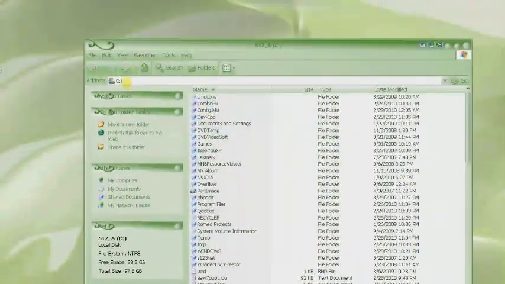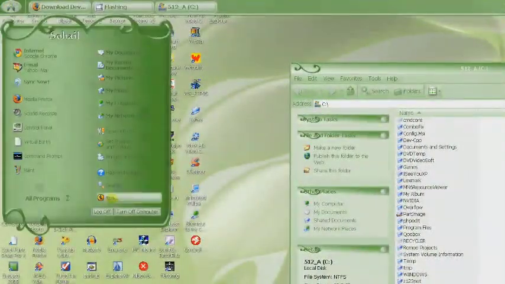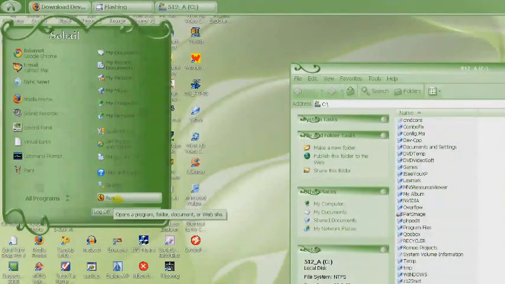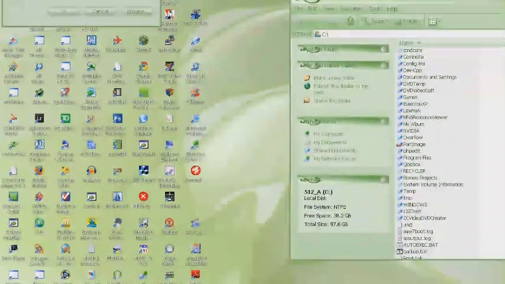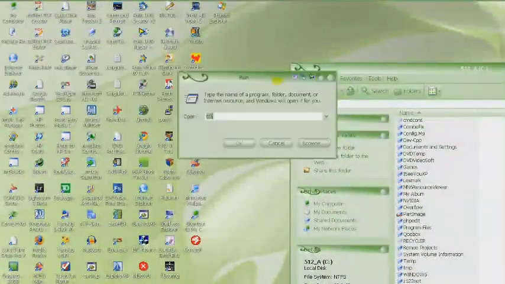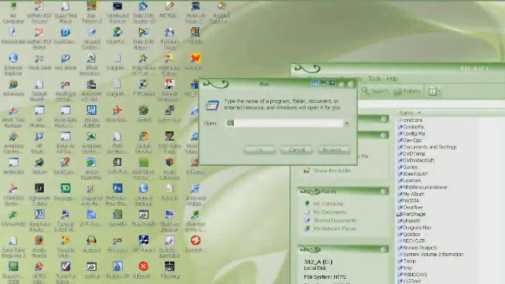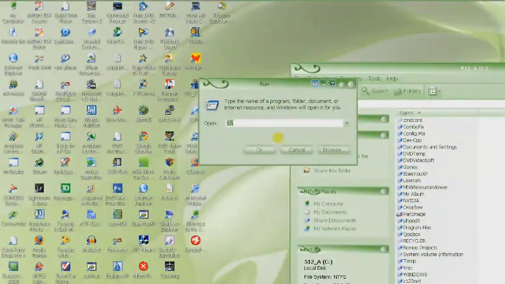So here you can see what I did was I went to the start menu, run. My taskbar is up here. Usually the taskbar is down below at the bottom of the screen. Wherever it is, just go to start and then click on run, and you will see this dialog box, and